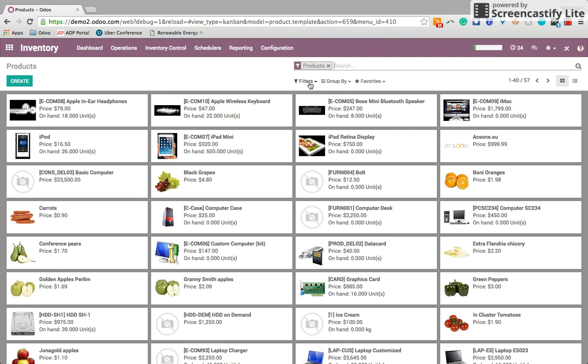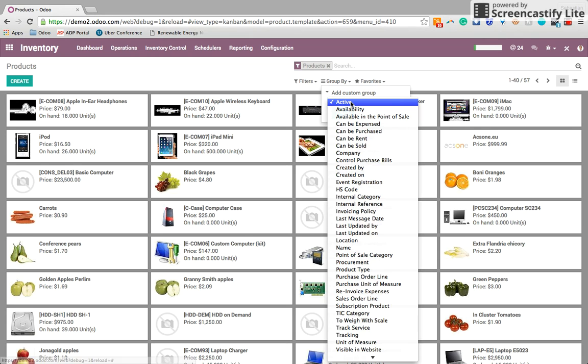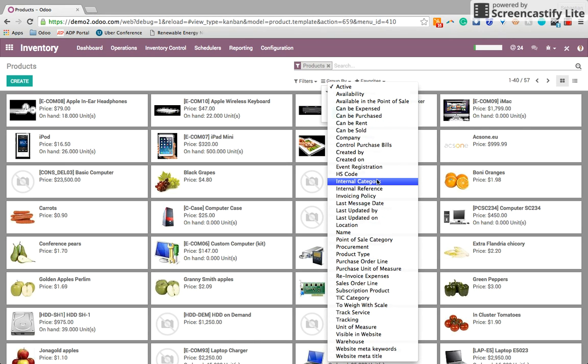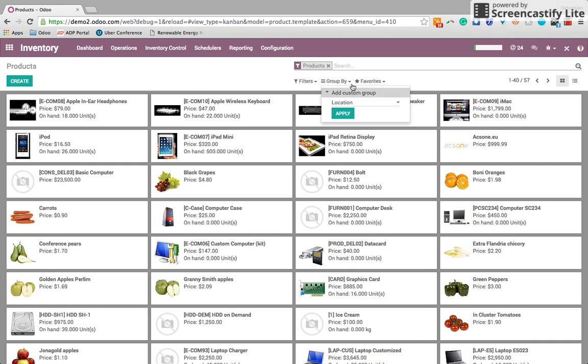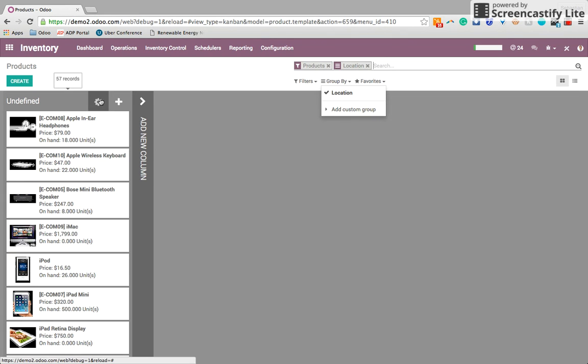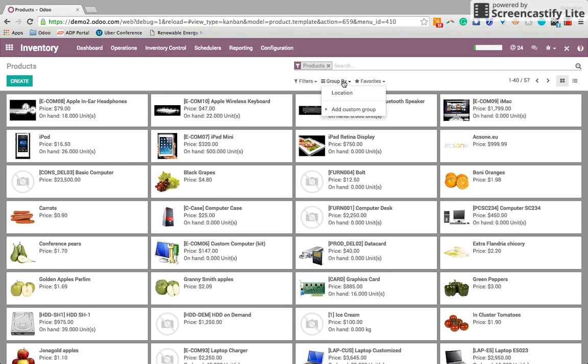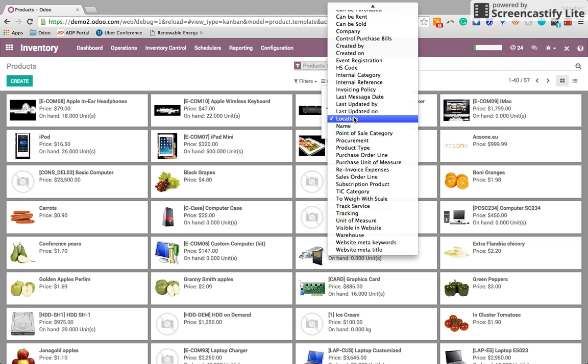So two main uses here of our filter tool up here. First of all, it does appear throughout Odoo. I can search for products, I can search for sale orders, anything else using these tools. I can group them. So let's maybe try grouping them by location if I have it set up. If I group by location, well, I haven't set that for most of these products. I can group by a few other factors. Let's see, group by,